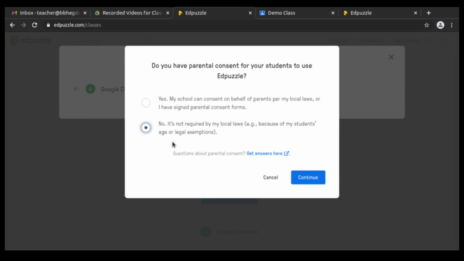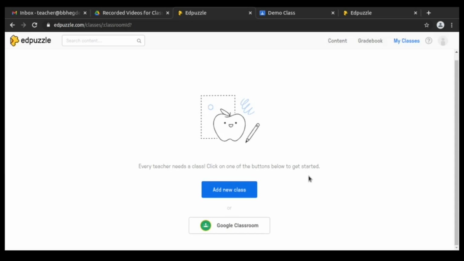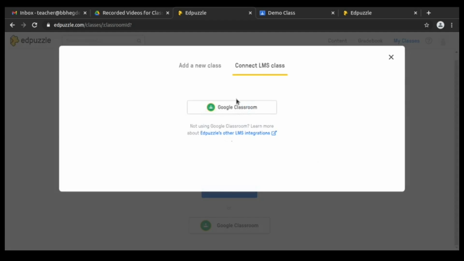Since my students are legal, I will just click the second option. I'll click continue. So this is just connecting the Google Classroom, which I have as a teacher account, with the Edpuzzle teacher account.